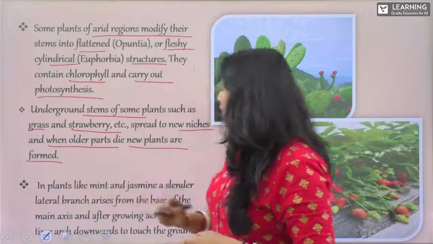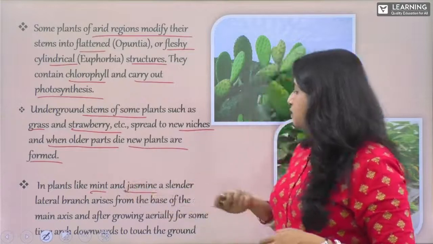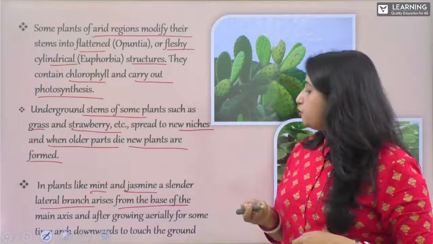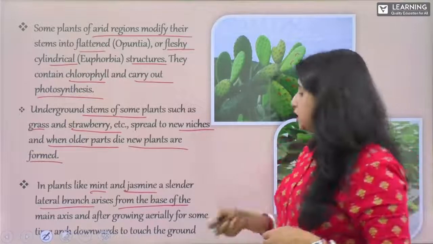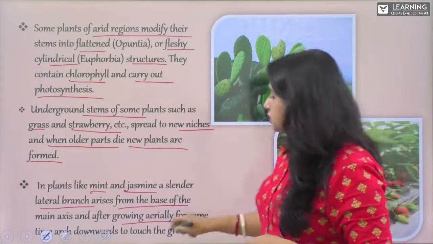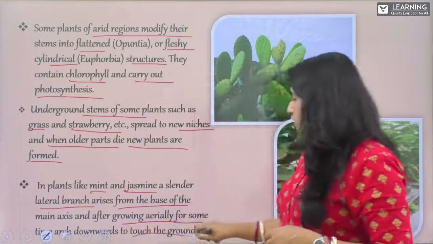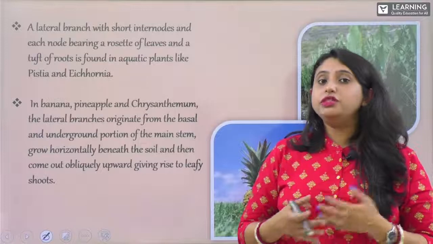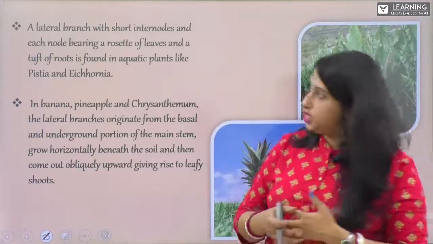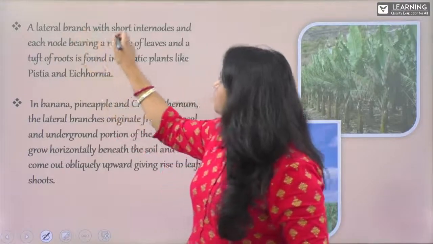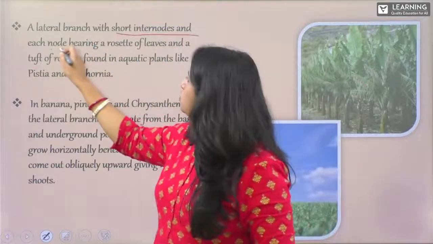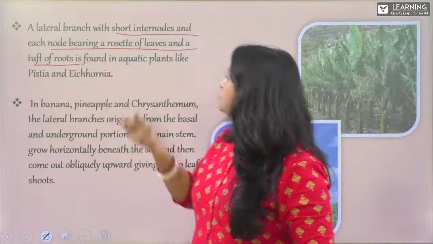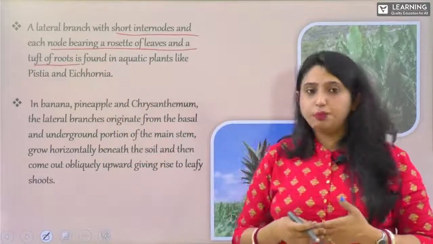In some plants like mint and jasmine, a slender lateral branch arises from the base of the main axis, and after growing aerially for some time it bends downwards to touch the ground. A lateral branch with short internodes, where each node bears a rosette of leaves and a tuft of roots, is found in aquatic plants like Pistia and